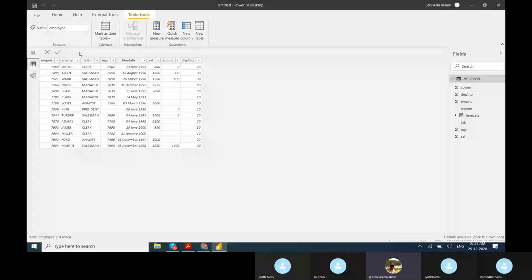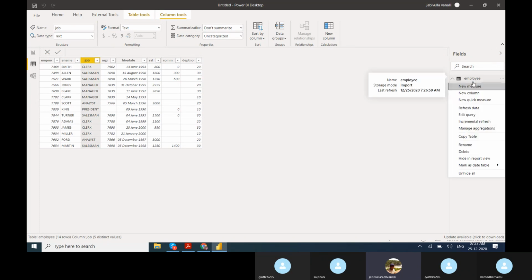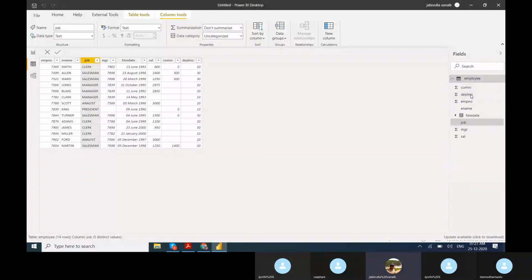So for that we need strings. Here we have two string text. This one is text, right? This one also text. For example, we'll try with two: employee name and job. We'll try to concatenate. Right click, new column,